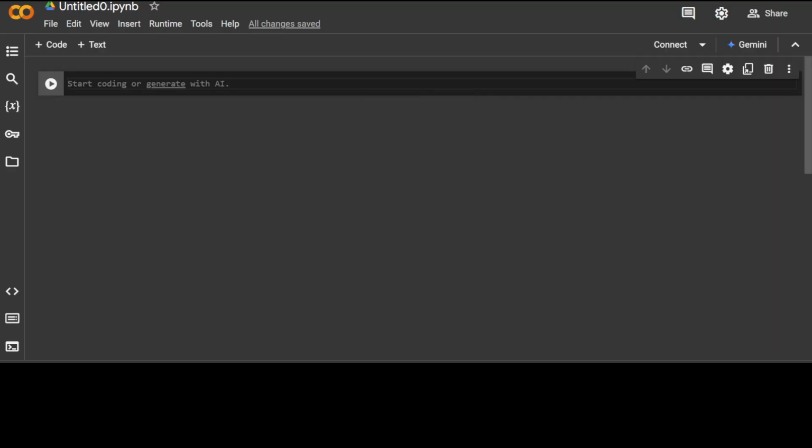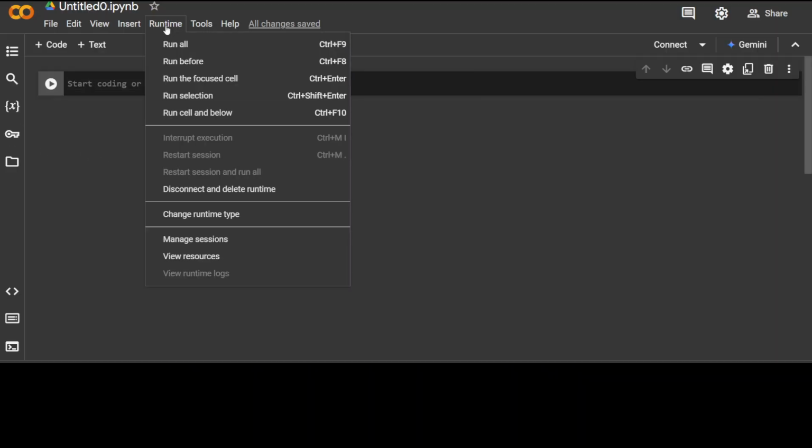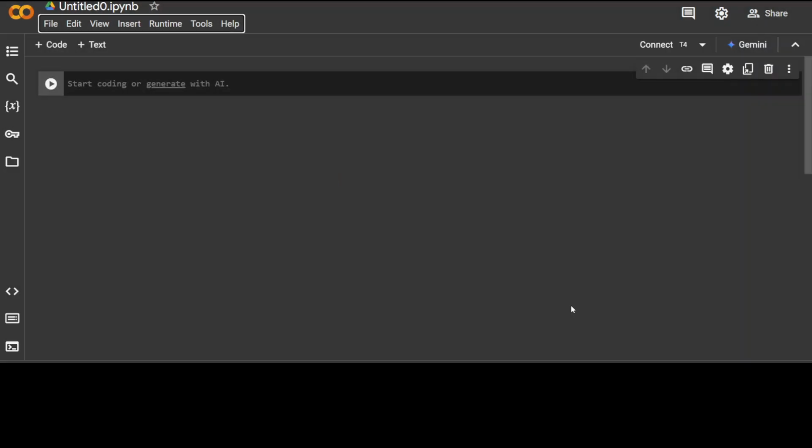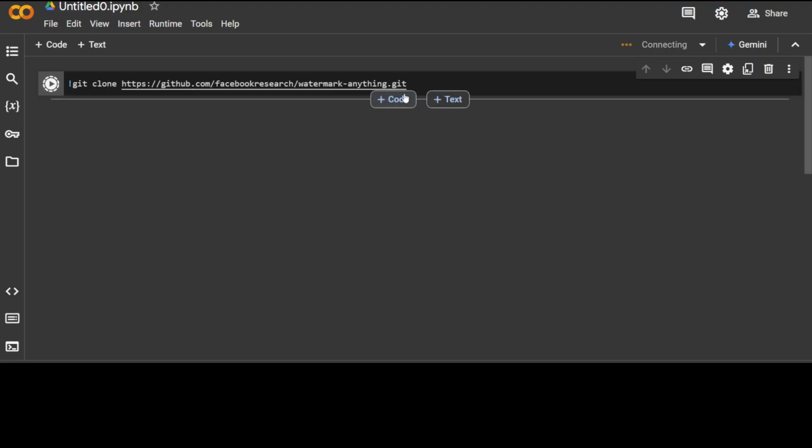Okay, so this is my Google Colab. First thing, go to runtime, change runtime type to T4 GPU. You can run it on CPU, but this is free GPU, so why not take advantage of it. First step, we need to git clone the repo, and as I said, I will drop the link to it in the video's description. It is simply a git clone command. Shouldn't take too long, it's not a huge repo, so let's wait for it to get downloaded,